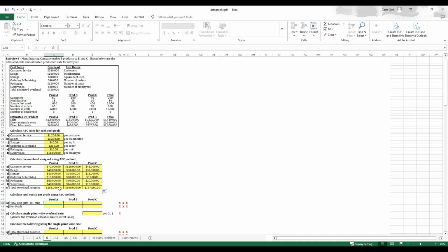All right, and now we've got total overhead assigned, essentially, that we're assigning to these individual products, and then we can figure out the total cost of each of these products. So we will take direct materials plus direct labor plus overhead we learned in chapter 1, and we're going to come up here and get those first two factors. So materials are 640 for product A, and then 400,000 for direct labor, and then selecting our total overhead assigned there